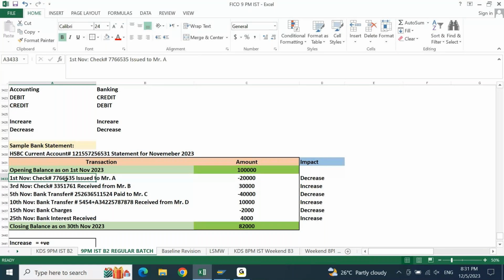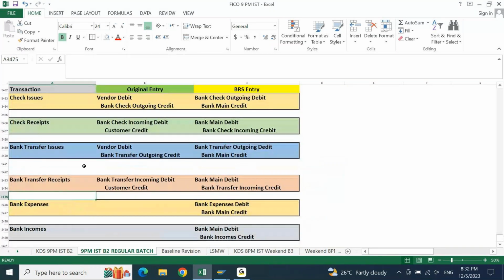Similarly, we will initiate a payment for Mr. C, and we will process a check transfer payment. We will put the same reference number as the transaction reference number. Similarly, we will receive the payment from a customer. We will process the payment with the same reference number. And then we will see the original entries are already available in the bank. We will pull the bank sub account GL master, GL reports. We will understand in these sub accounts what the current outstanding is. And when you upload or process the bank statement, we need to make sure